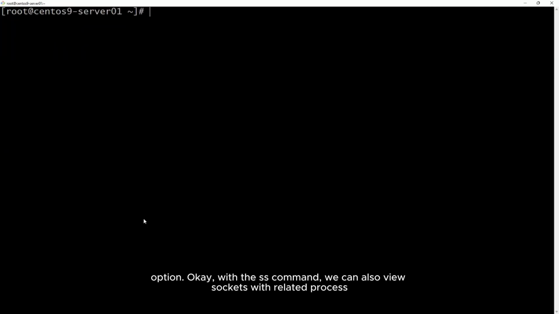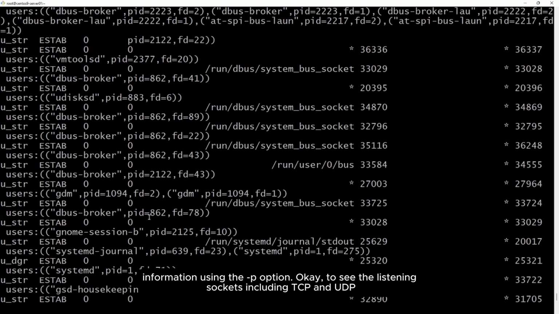With the SS command, we can also view sockets with related process information using the P option.